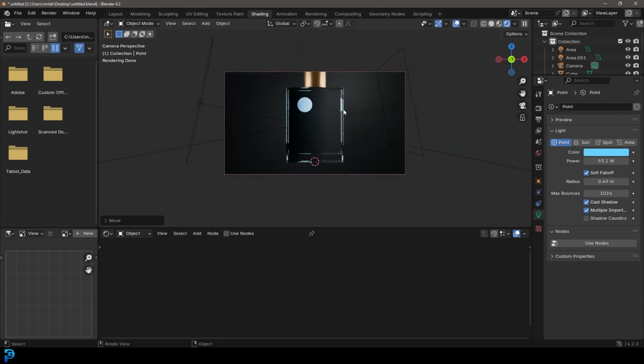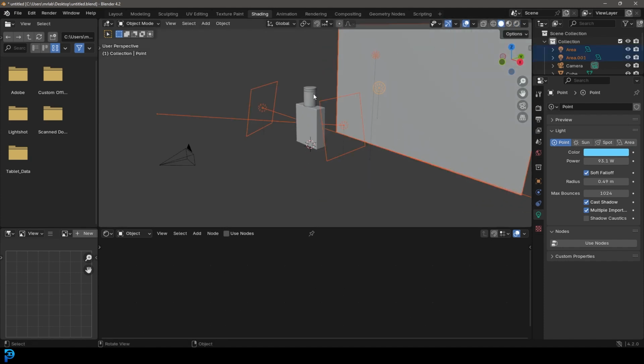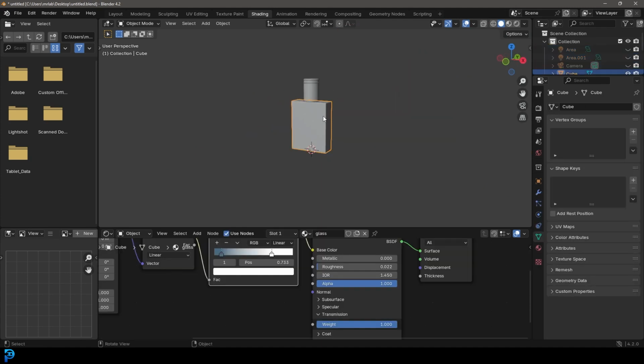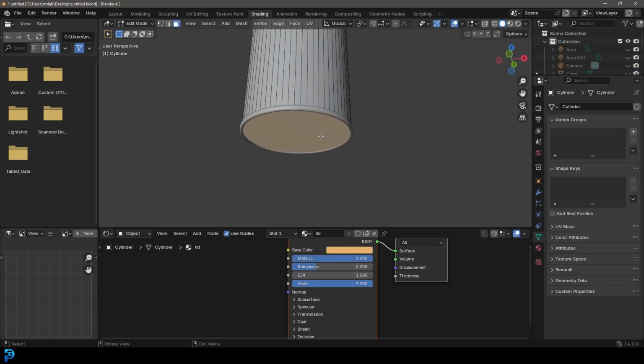Okay. So we're going to make this look even better, but for now, let's just grab all these lights and the camera in the background and press H to hide it. And let's grab the bottle and also press H. And then we're just going to grab the lid and tab into edit mode, and let's just grab this face